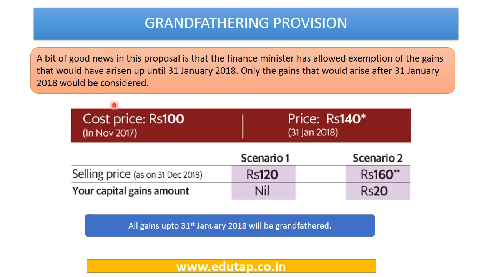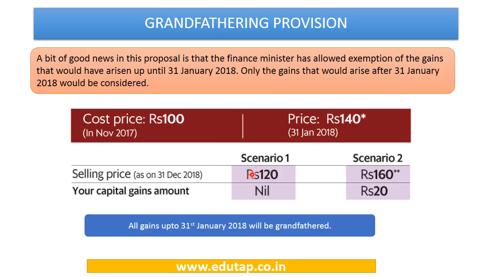Let's understand this through an example. Now suppose you bought shares worth rupees 100 in November 2017. Now their price as on 31st of January 2018 is rupees 140, and you sell these in December 2018 for rupees 120. Now in this case it may seem that you have earned a gain of rupees 20, but this will